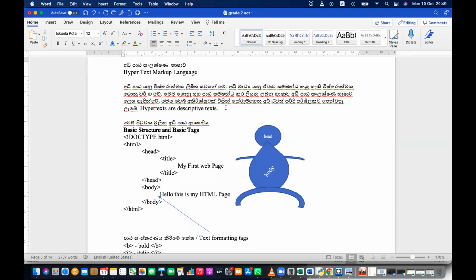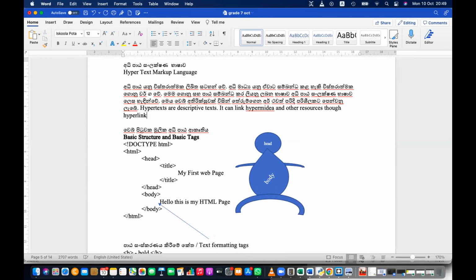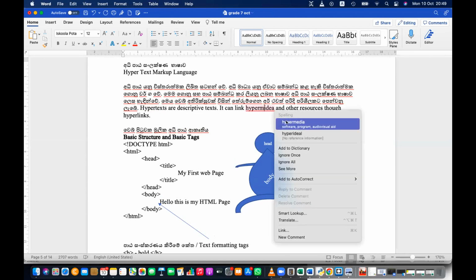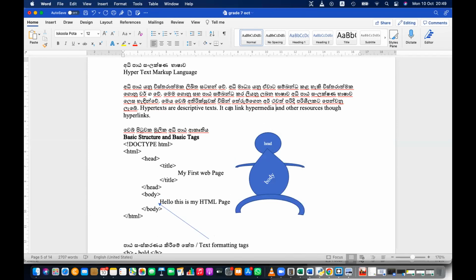So what it does, it can link hypermedia and other resources through hyperlinks. Hypermedia means descriptive media and hyperlinks means descriptive links.